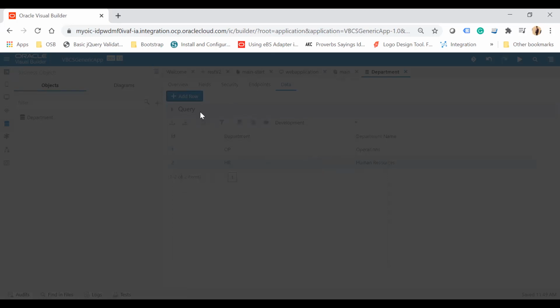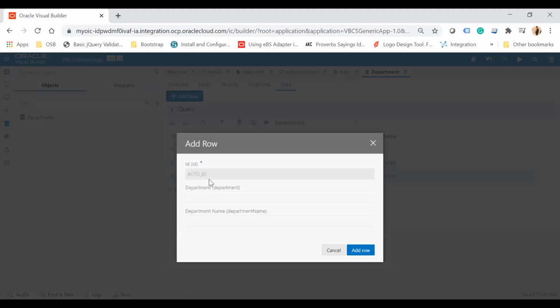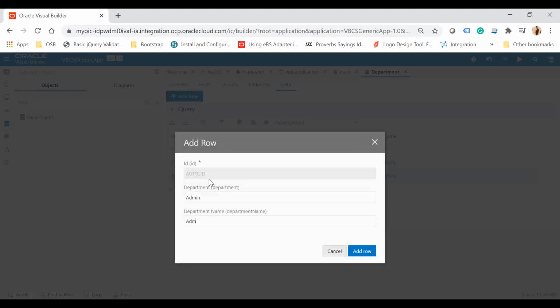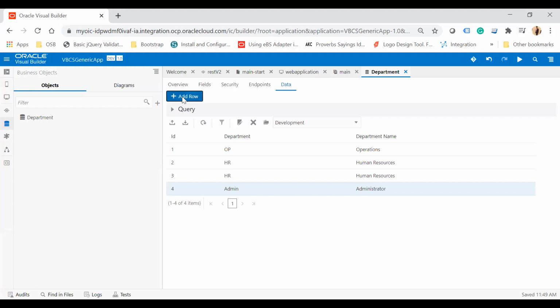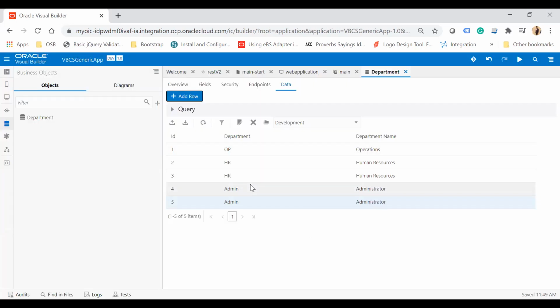Similarly, I will create another row which will have the same department name HR, and then another one like admin, administrator, and I will have one more record. Okay, now my business object is ready, and I have populated certain records here.